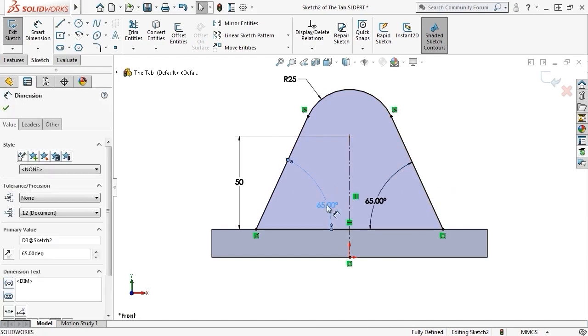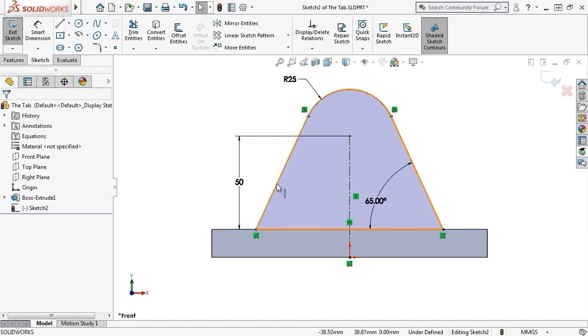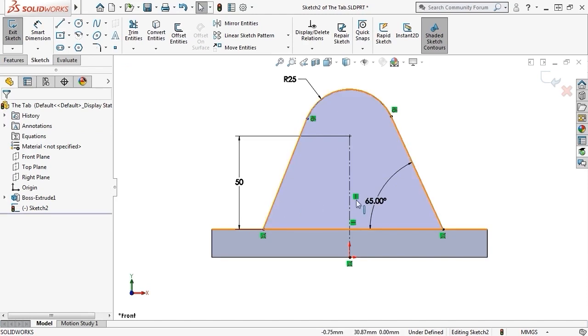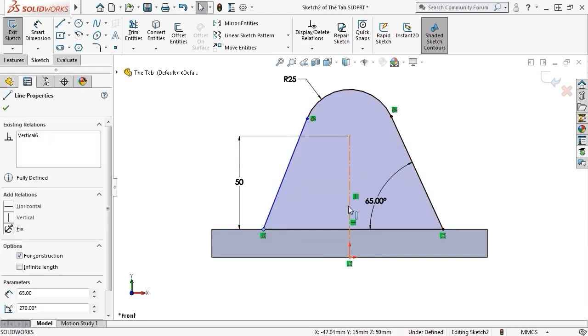I'll click on this dimension to highlight it, and press Delete on the keyboard. I'll press Escape to get back to my selection arrow, and at this point, you can see that this angle is now free to move. If I want to ensure that this line segment is always the same angle as this one, an approach is to use symmetry. I'll add a symmetric geometric relation by selecting this point here, holding down the Control key,